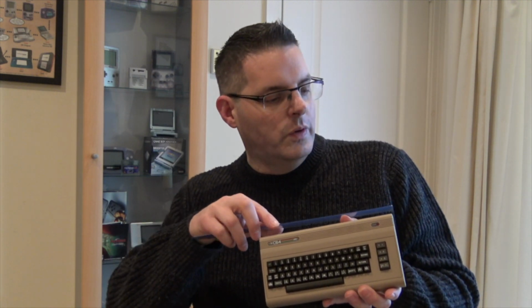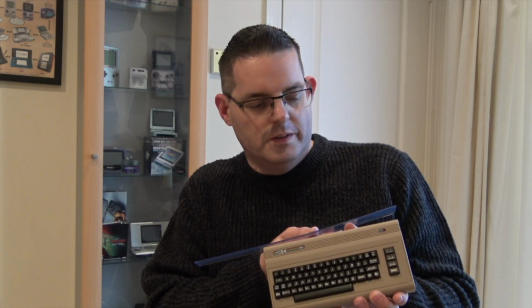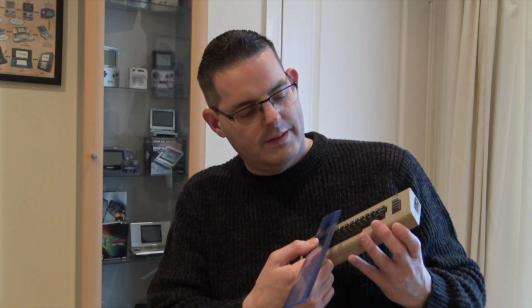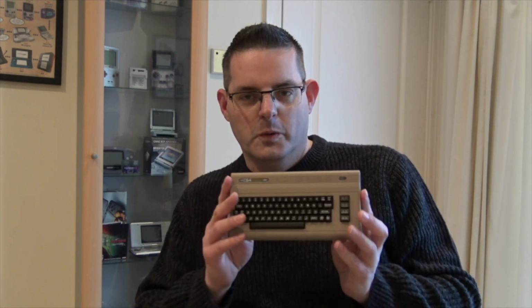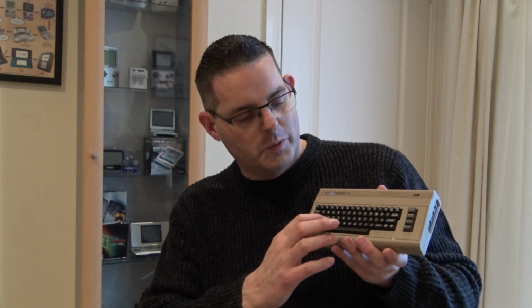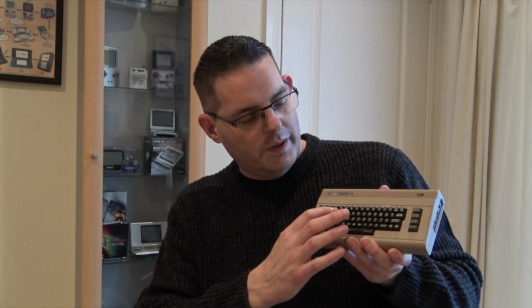Just giving it a measure, the actual width of it is about 20 centimeters long, and the depth is probably around 9 to 10 centimeters. So really small. And it's got the keyboard, but unfortunately this is not a working keyboard. It's not functional in any way. Some people have moaned about that, but I think it's actually quite good that it's not, because it's actually so small that, I don't know whether you can see, if you were going to be pressing these keys, you would be sort of pressing 2, 3, maybe even 4 at a time,